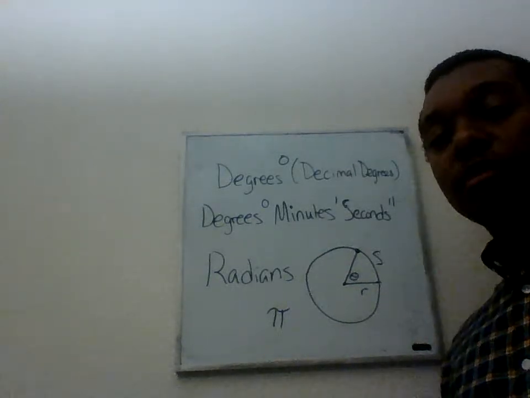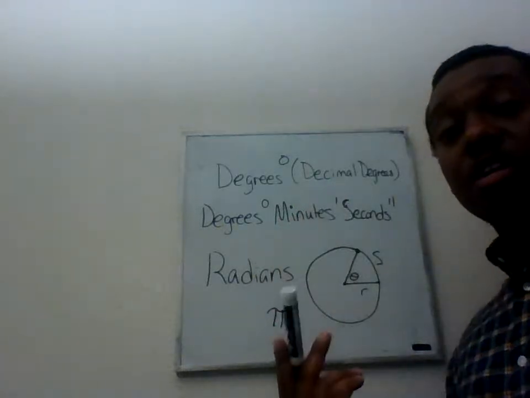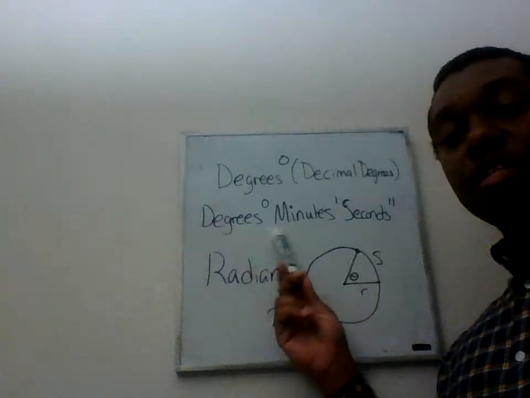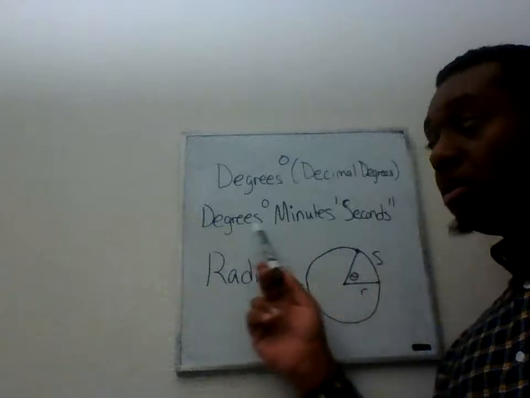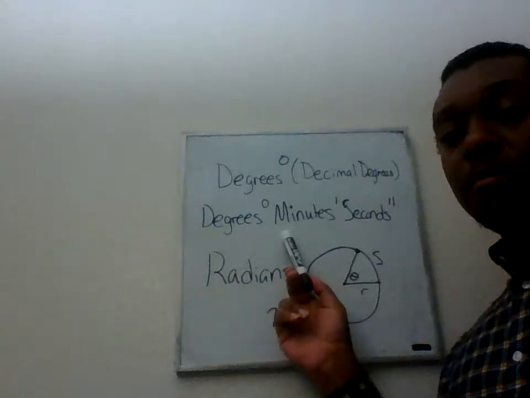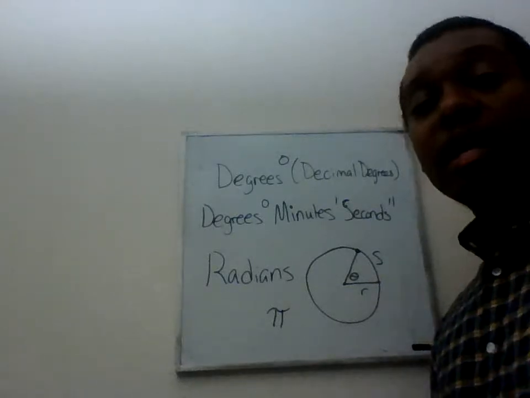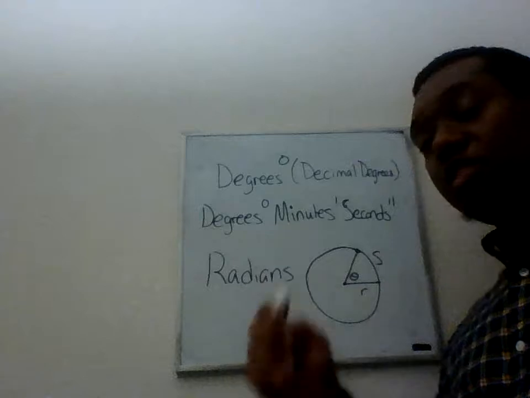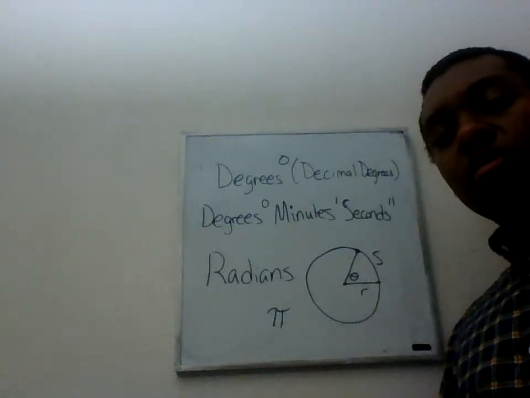That's it. Now, the reason for this distinction with just saying degrees and saying decimal degrees is the emergence of degrees, minutes, seconds, also known as DMS. DMS, degrees, minutes, seconds, DMS. So DMS is another measurement of angles that's based off the first one. So if we were to think about going around a complete rotation,